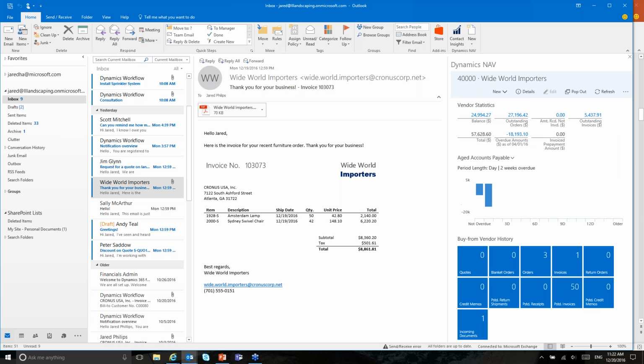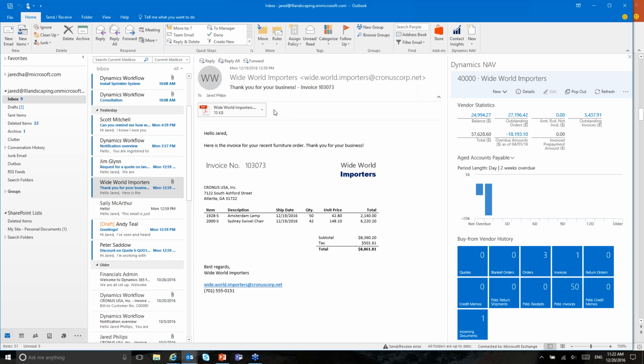Another piece that we have is we've worked with our OCR functionality. One of the new features in Dynamics NAV 2016 was the ability to send a document to an OCR service, have that saved in Dynamics NAV as an incoming document, have the OCR service, which is optical character recognition, scan through that document, recognize the data from that field, and send the data as a formatted XML document that NAV understands back into the system,